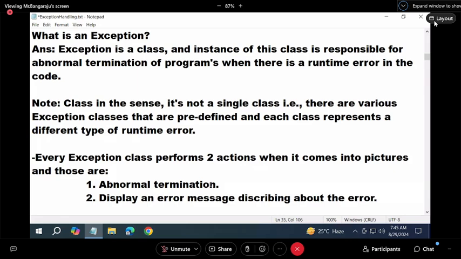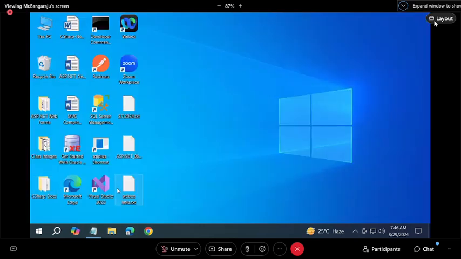Understood or not? There are various classes, and we call them exception classes. All of these are predefined and are responsible for abnormal termination. Every class represents a different type of error. All are not the same. As I showed in the last class,